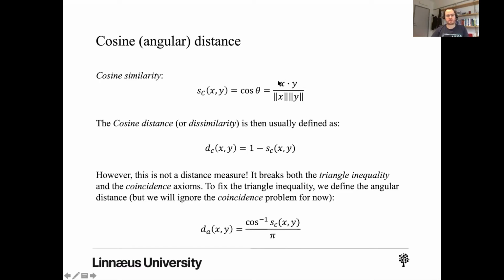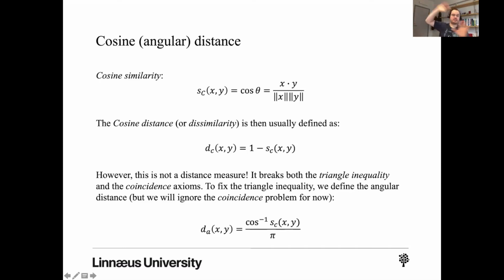You know, because you started from the vectors, so you took the dot product divided by the product of the norms, and then that gave you the cosine, but not the angle. Like, you don't really know the angle here, right? All you know is the cosine. So you have to actually go backwards, so to speak, or take the inverse of the cosine to actually get the angle, and then divide by pi, and then you have something that is between 0 and 1,